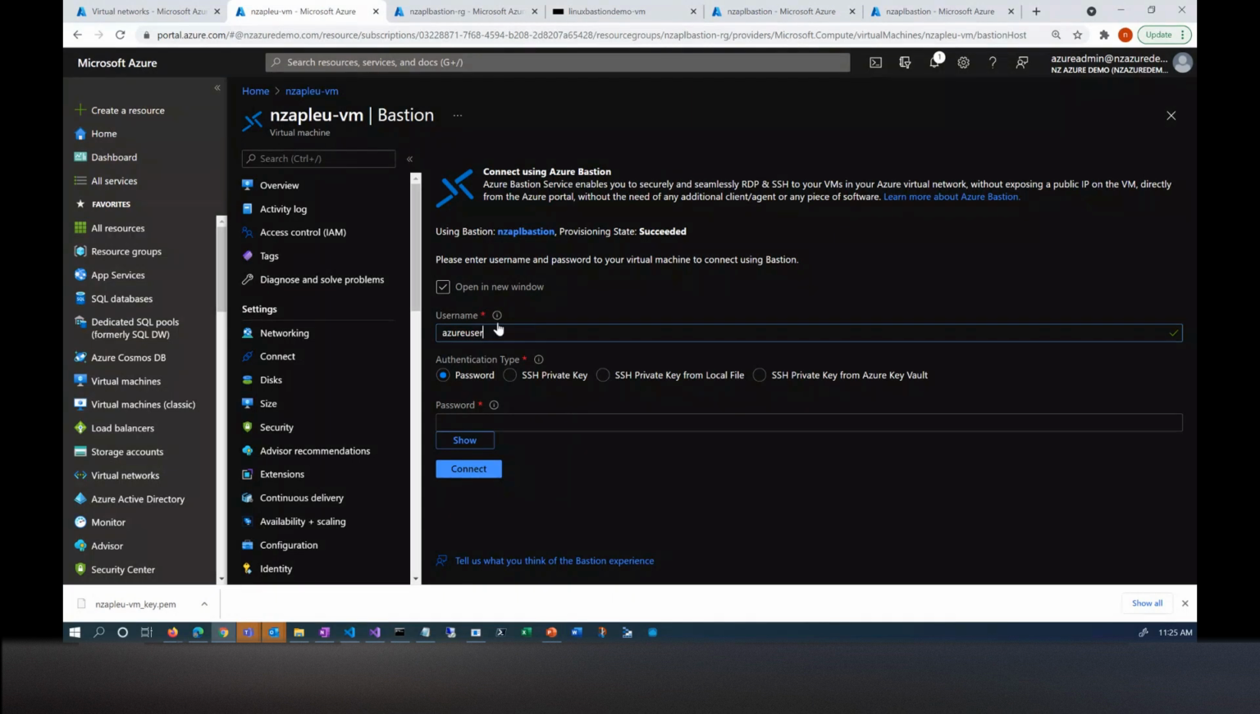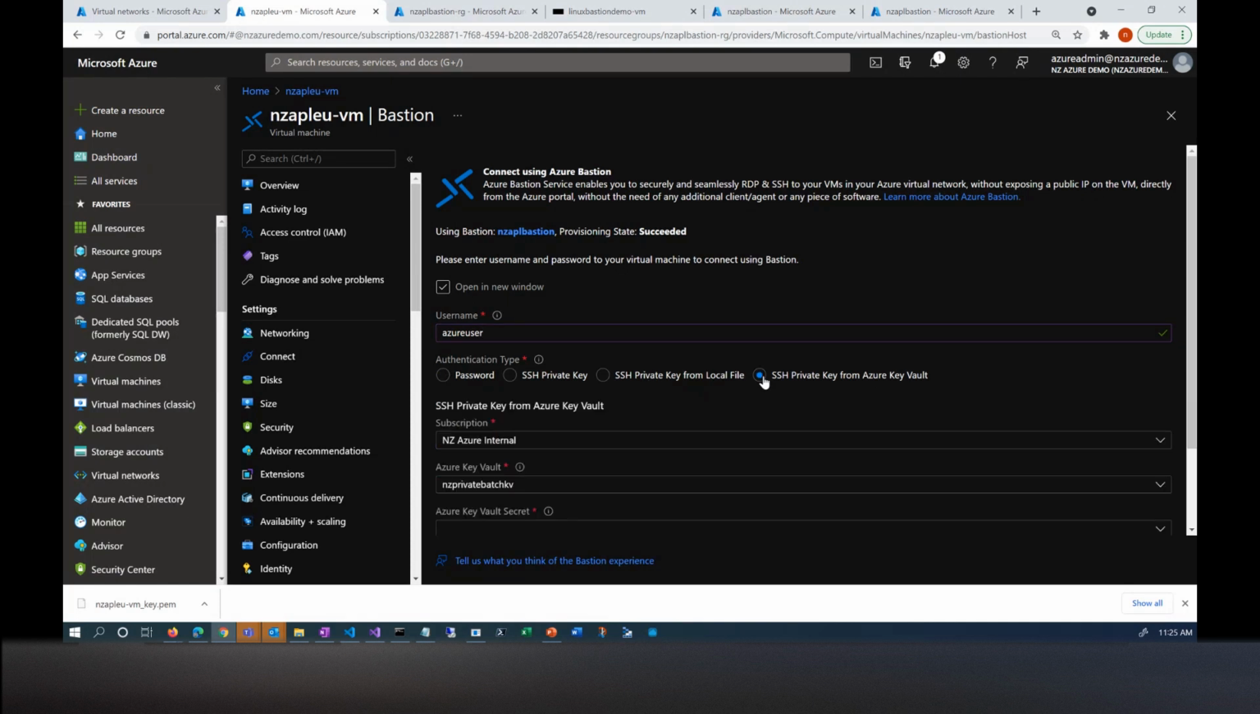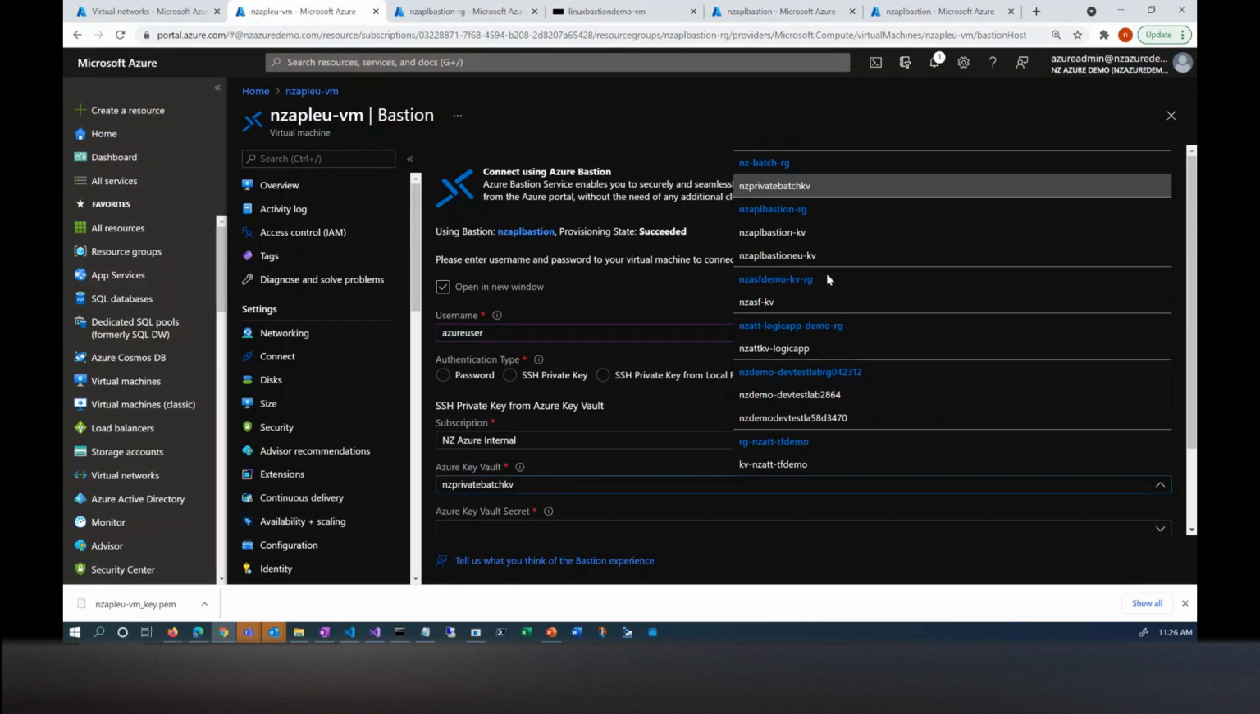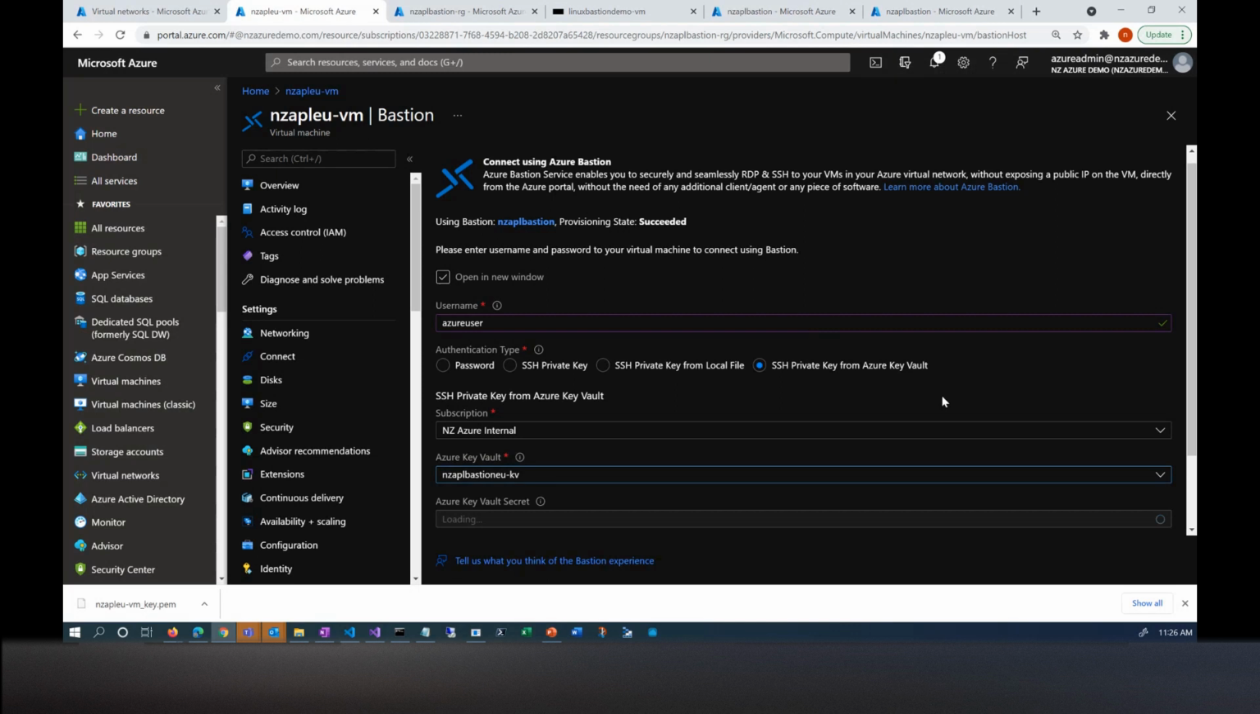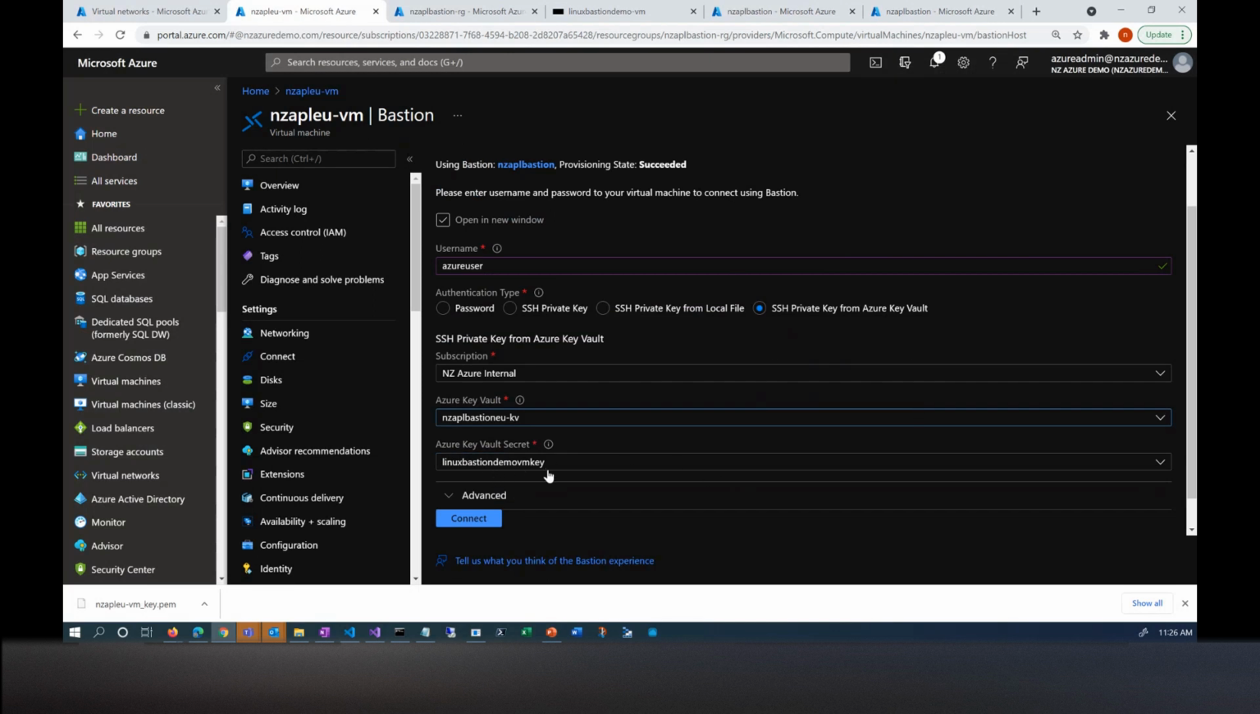Okay. So basically now look at this. I have different options: SSH private key, SSH private key from local file. I'm gonna use SSH private key from Key Vault. Okay, and let me go to the Key Vault. This is my Key Vault that is in that region, West Europe, and this is the key. Remember, this is the key we just created. And if I do connect,